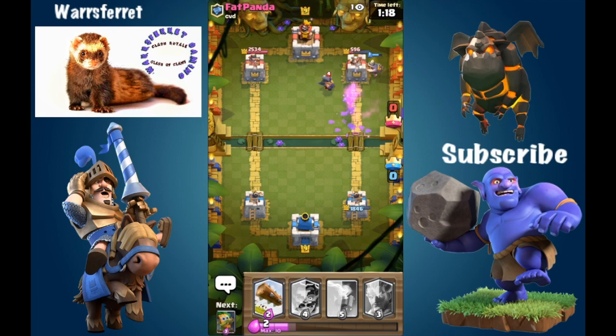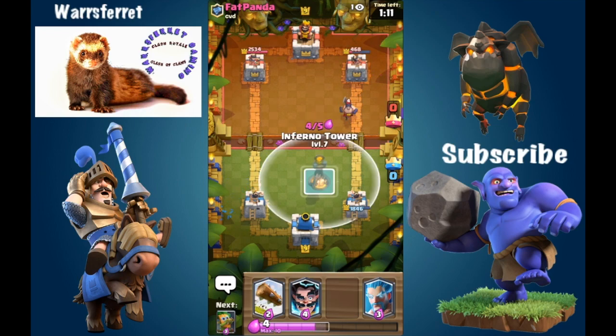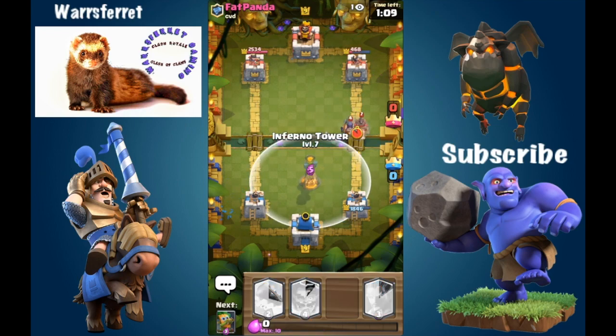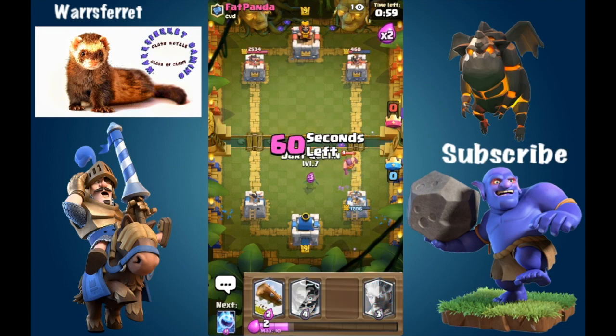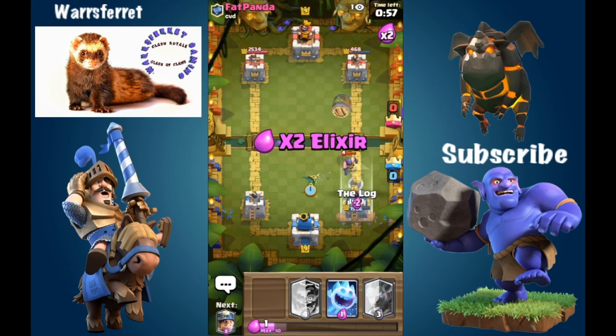So, some bad luck on that Executioner placement, but we do have the tower down to 468, and I'm expecting the Hog, so I have the Inferno ready. There's the Hog. The Inferno's going to lock on, and since I gave myself the E-Wiz, he does not have a direct counter. He's going to zap it, but not for long. The Hog Rider won't get a single shot, and I'm going to start my Dark Goblin over here with a way too early of a...